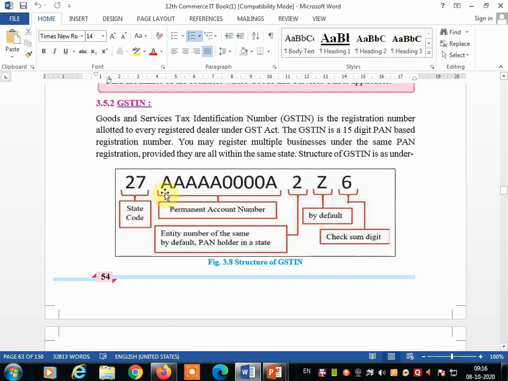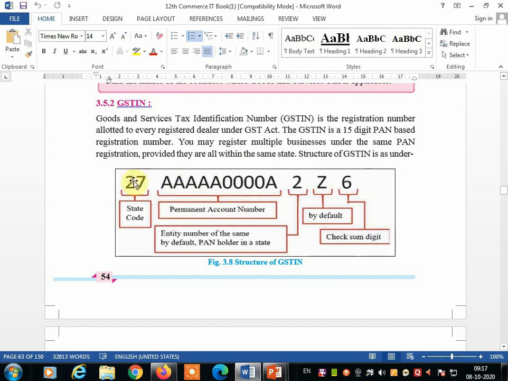Then the permanent account number, and then the entity number, for a PAN holder in a state. And by default there will be a Z, and the checksum digit is the last one. So this is the format of the 15 digits. Altogether you will get a 15 digit GSTIN number according to the particular state.